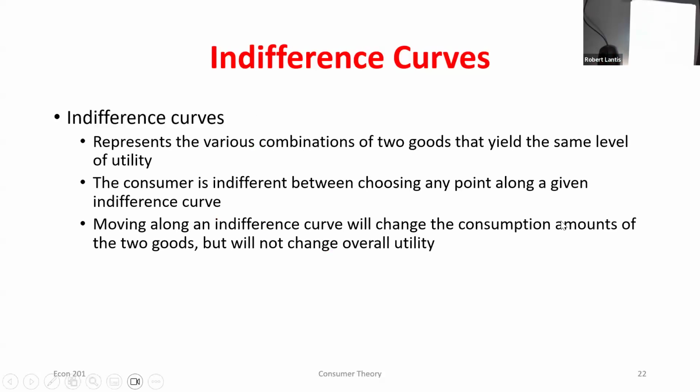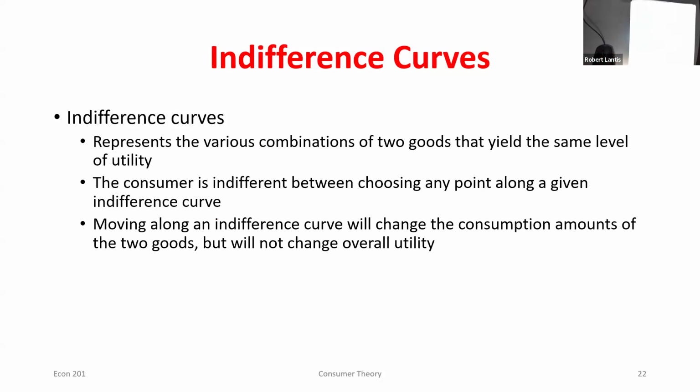So what we're going to use next class is this thing called indifference curves. Just like a budget constraint told me the different combinations of the two goods I could afford, an indifference curve is the different combinations of the two goods that provide me the same exact amount of total utility. Okay. So if I move to different points on an indifference curve, so this might be something like